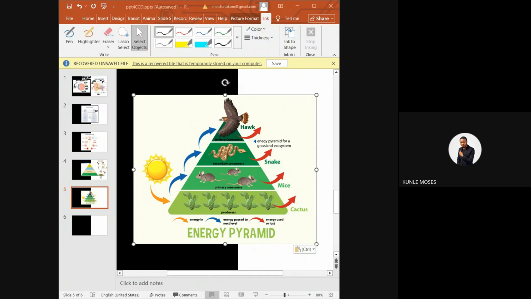We have two types of variation: the continuous variation and the discontinuous variation. Continuous variation simply shows a gathered range of differences. Examples are height, weight, the skin color, and all. The discontinuous variation shows distinct differences, like your blood group, your fingerprint, ability to roll the tongue, and all.